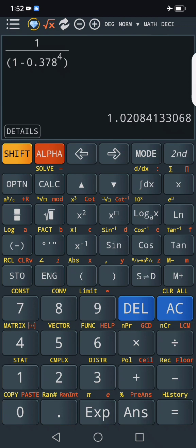Yeah, then you will have d over d to the power 4. That 1 point something, you can write it here, 1.02. Then that will be equals to